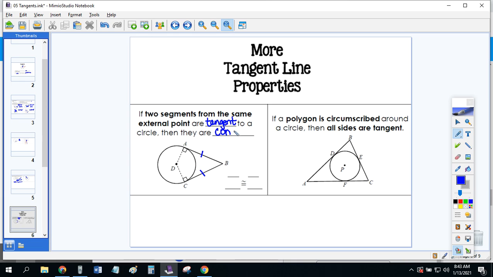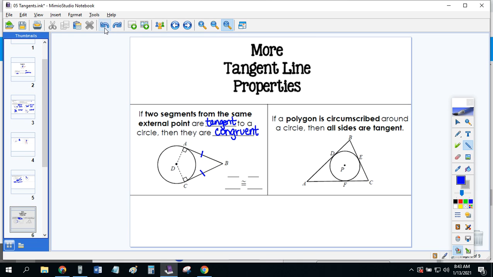I wish we had time to prove this theorem. It's actually a pretty simple proof. It has something to do with similar triangles, which we learned how to do back in Unit 2. If I draw a line from B to D like so, then you can see it splits it up into two triangles. And we use an argument that has something to do with those two triangles being congruent. And then we use CPCTC, corresponding parts of congruent triangles are congruent, to show that these two legs are the